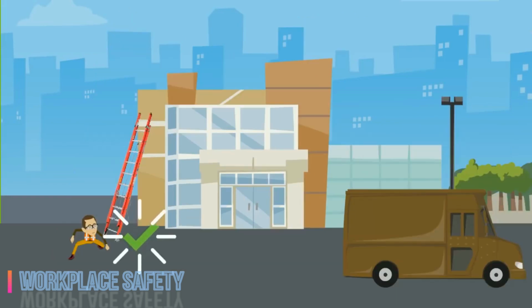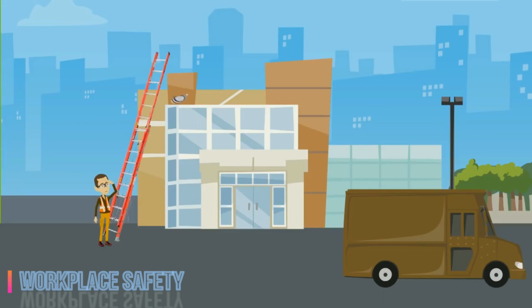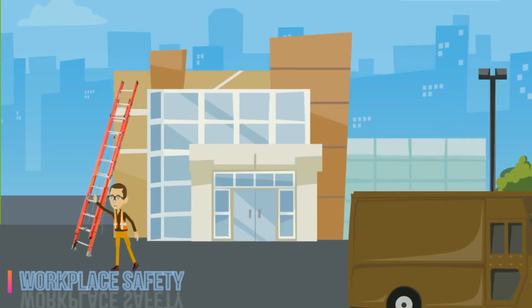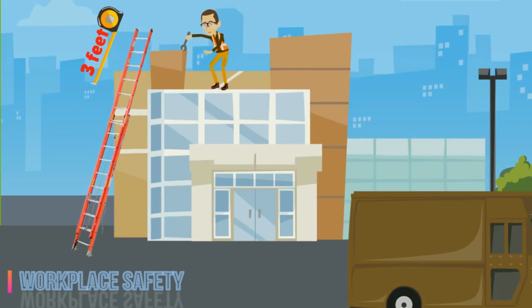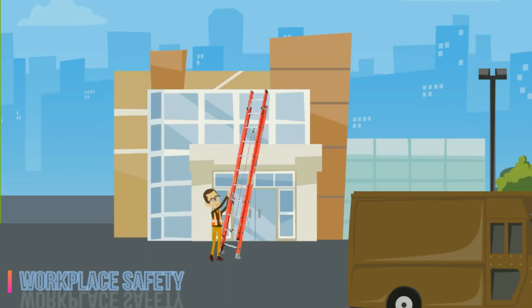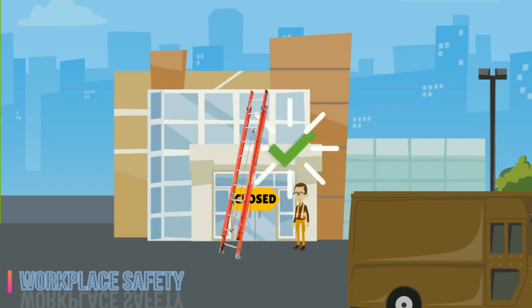Make sure that both feet are securely on the surface. Don't place a block under one foot if the surface isn't level. When using the ladder to gain access to an upper landing, such as a roof, deck, or walkway, the ladder should be extended above the surface by at least 3 feet or 3 rungs. This extension ensures some of the ladder can be held onto when transferring between the ladder and the landing. If a ladder is placed in front of a doorway, the door must be locked and a warning sign must be displayed.